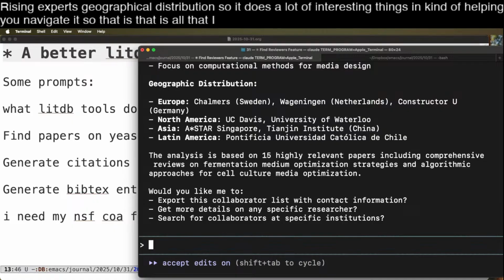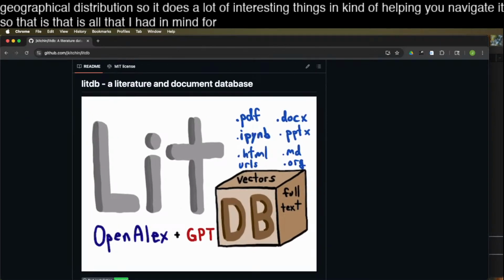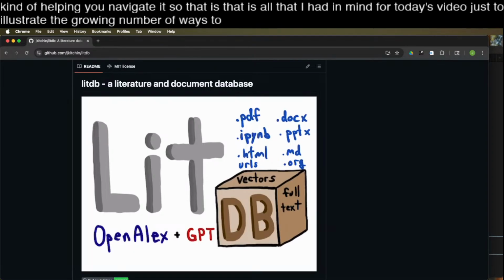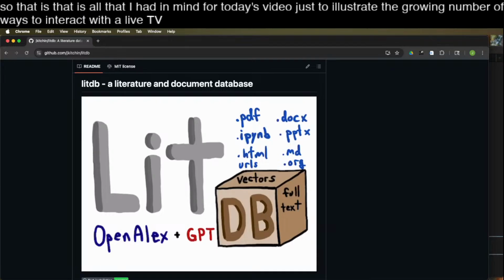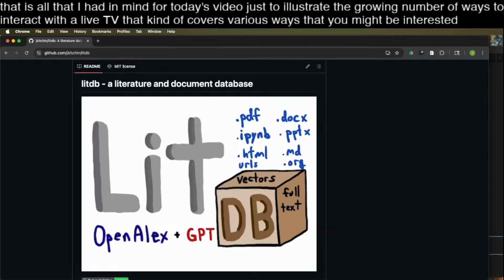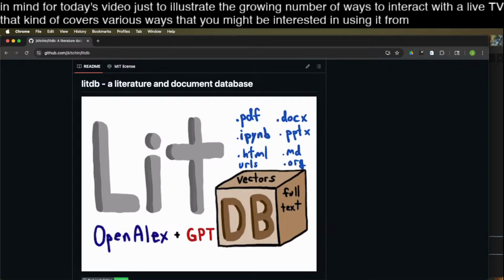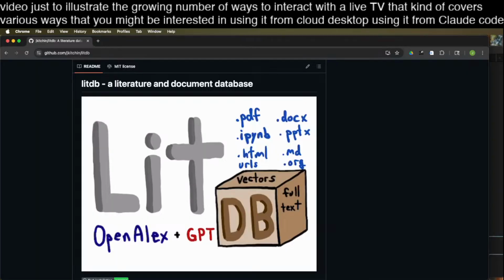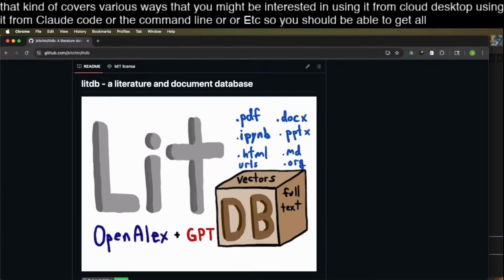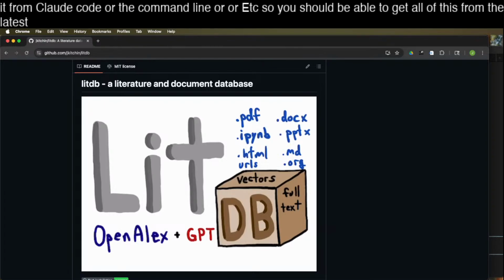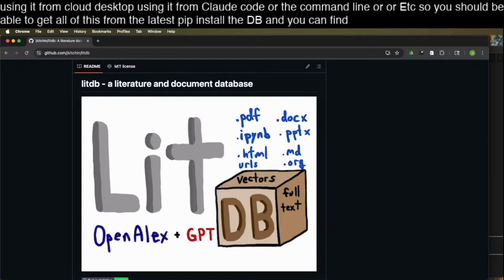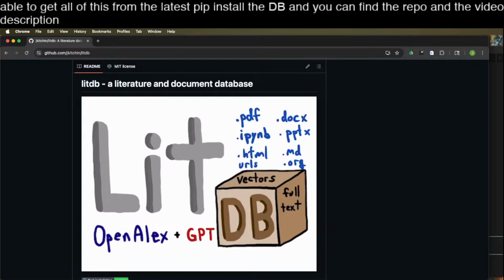that I had in mind for today's video, just to illustrate the growing number of ways to interact with litdb that kind of covers various ways that you might be interested in using it from Claude Desktop, using it from Claude Code, or the command line, etc. So you should be able to get all of this from the latest pip install litdb, and you can find the repo in the video description. So thanks for listening, and